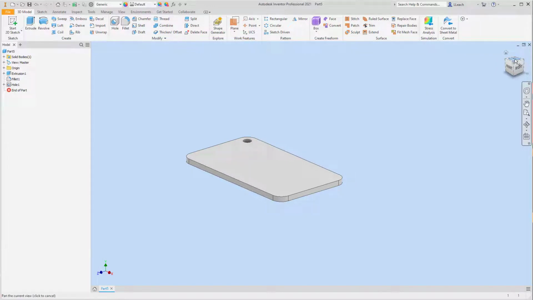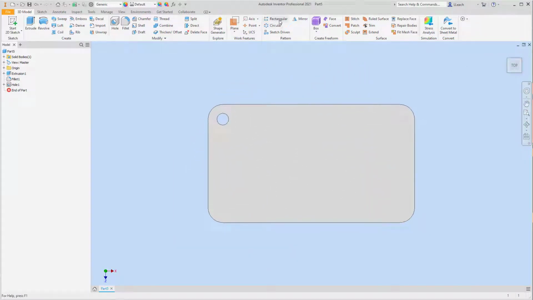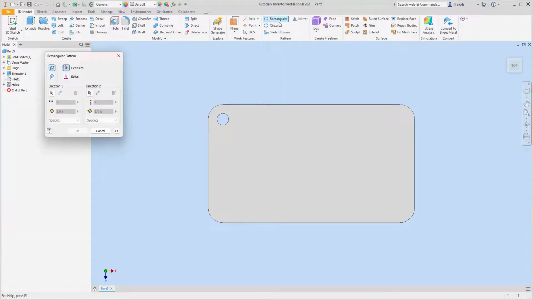So now I'm going to look at the top of this thing and rotate it. What I want to do is create a rectangular pattern, and I want to make a pattern of this hole right here. I'm going to pick a direction, so I'm going to select this direction 1. I'm going to select this side, so it's going down. I need that to be 2, but the distance between each one of those is going to be,